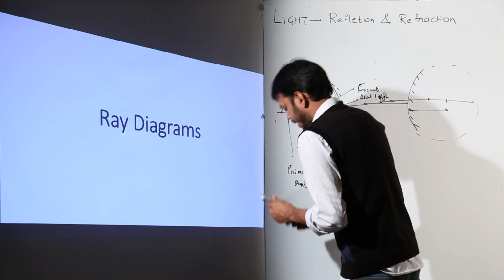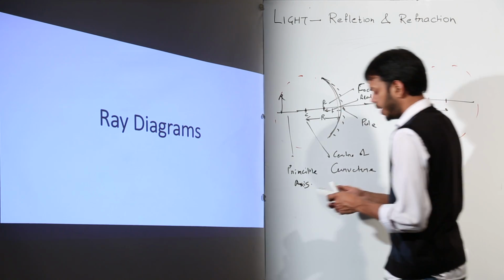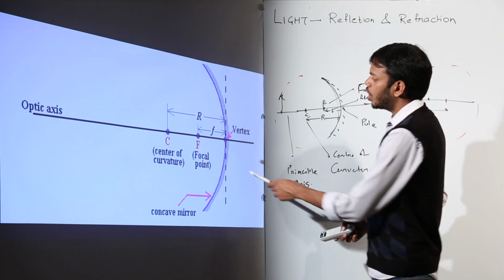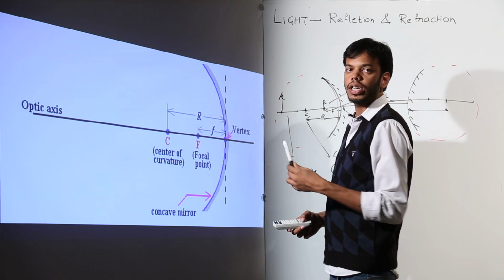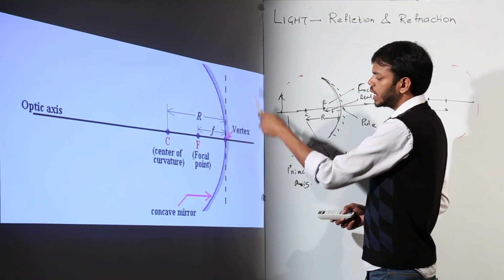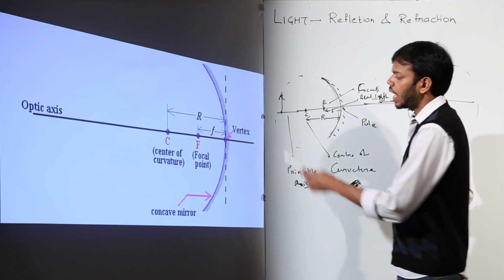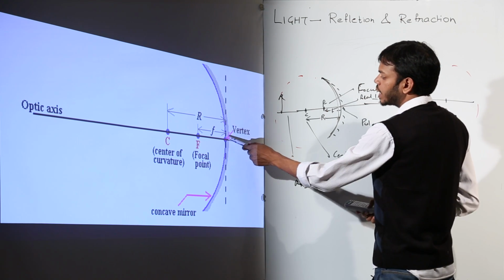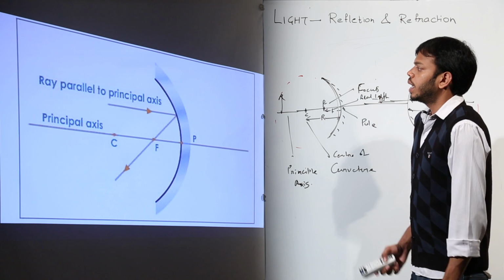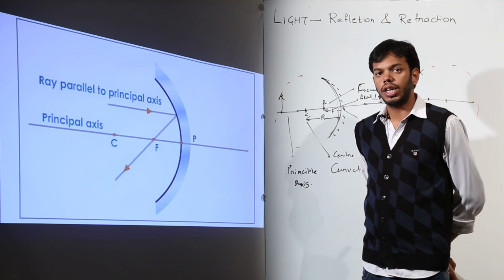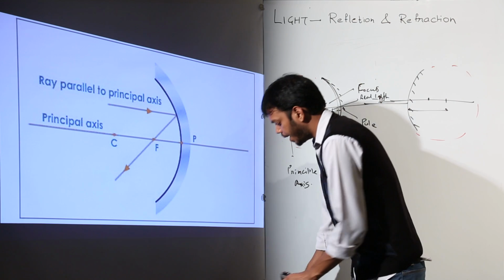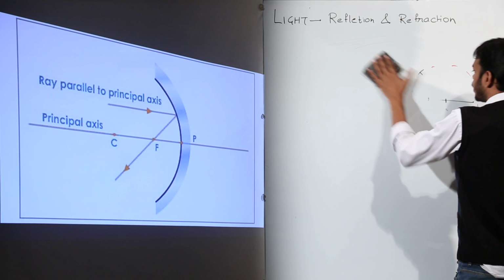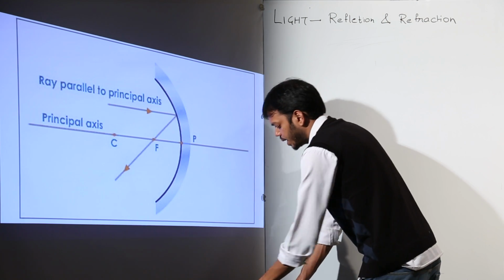Now let's move further. As I told you, the important points to be remembered are the optical axis or principal axis, the center of curvature, which is the center of the spherical part from which the lens or the mirror was carved out. Half of the radius of curvature is called focus, and that distance is called focal length. This vertex is also known as pole. Now to make ray diagrams, you will have to learn about three very important rays, which are, number one, the ray which will be